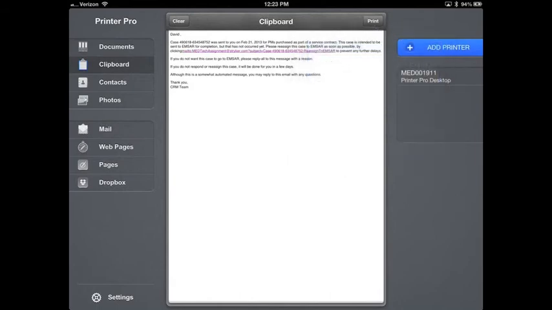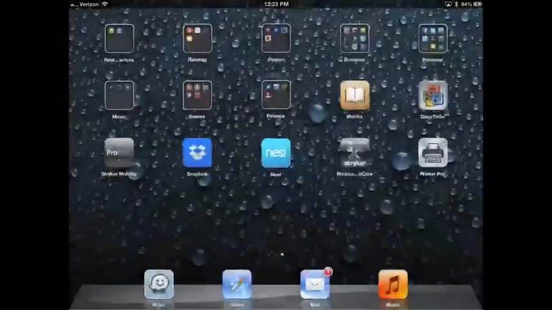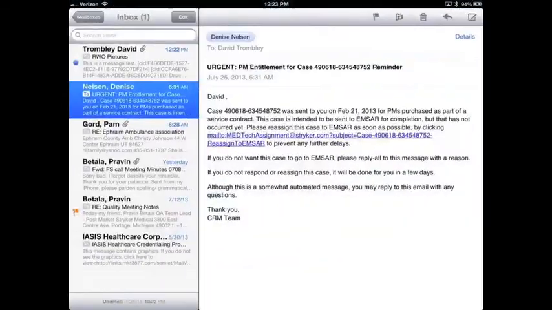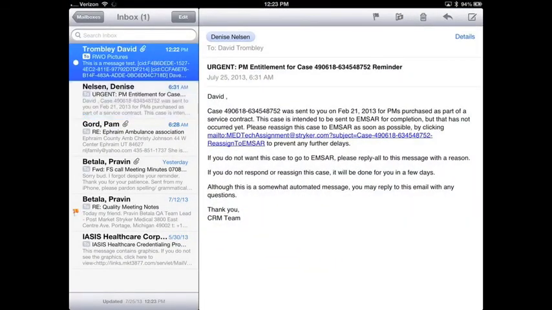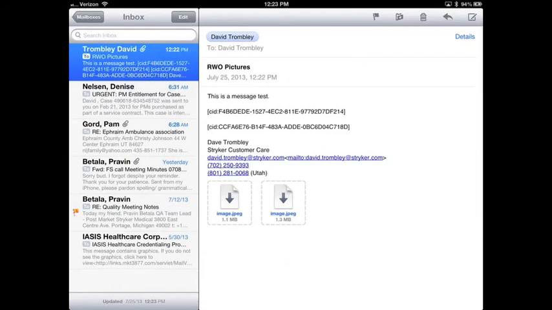So we'll go ahead and we're just going to cancel this, clear that out. Let's get back into the mail settings very quickly. As you can see, my message just came in with the images that I sent. So which is very handy, again, for quality or sending a picture to your manager or another rep, etc. So the last thing I'm going to show you in this video is how to save